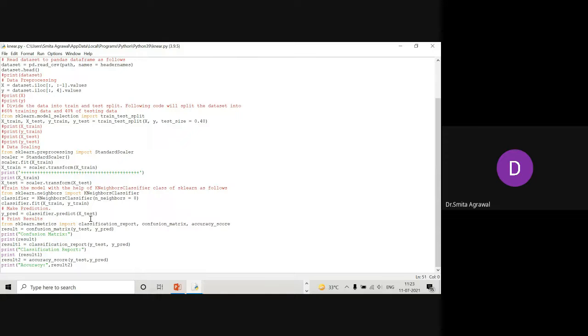These are the steps of how the KNN algorithm works, and we can execute this particular program. Now you can see the output of this program on the monitor. Please wait, it is taking time to generate output on the monitor.